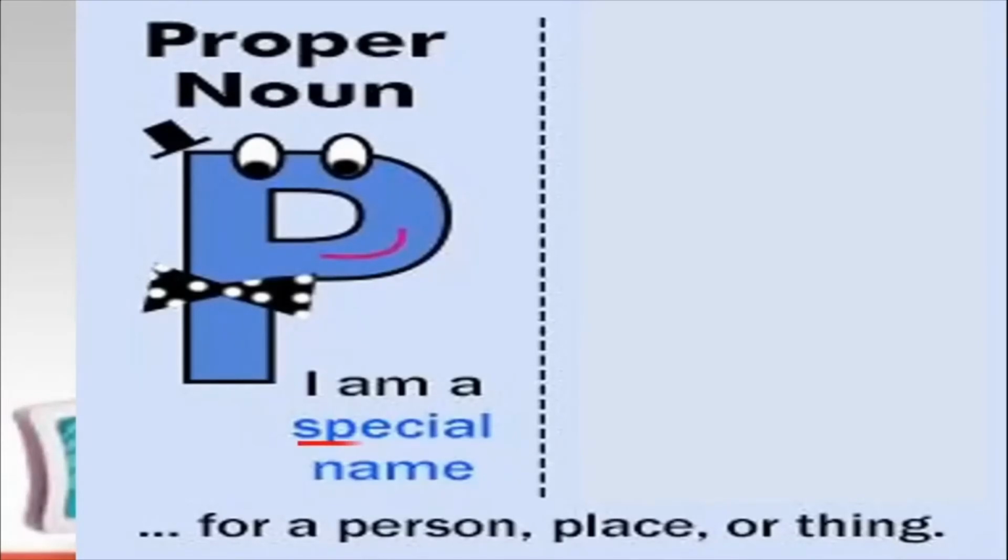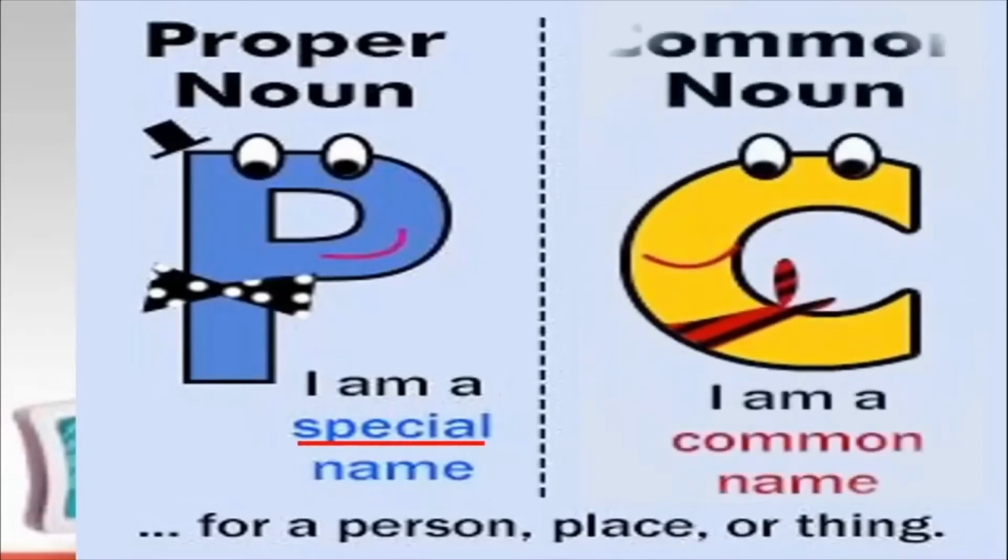So what are common nouns? Common nouns are common names for a person, place or thing. So this is a difference between a proper noun and a common noun. A proper noun is proper and it is special, whereas a common noun is common. Okay, so this you can say in short could be the description or the meaning of a common noun and a proper noun. So proper nouns are proper, are special, and common nouns are common. Let us look at some examples now.